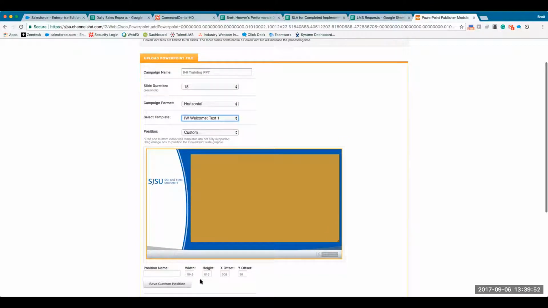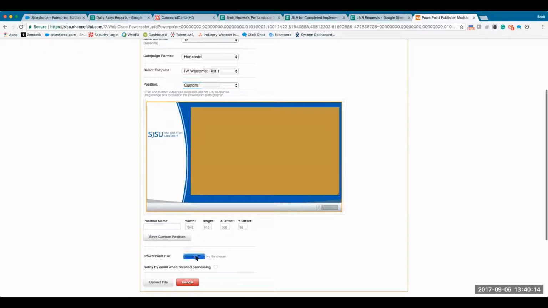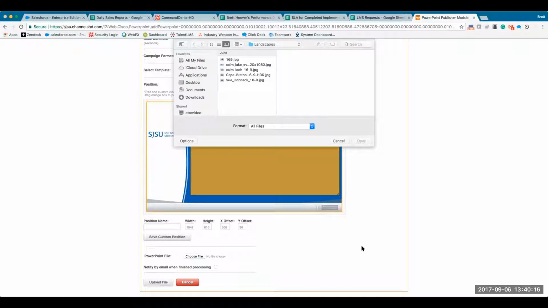You can also save custom positions. These are predefined layouts. If you're using any today, no. If you like this layout a lot and you want to use it moving forward, you can easily save that layout. So when you come in here, you just pick your background, pick your predefined layout. You don't need to resize or reshape things, and you can move on. So you can save a custom position there. Then you would just choose your file, just like you would upload any kind of file into an email. Perhaps the same kind of concept. So let's find